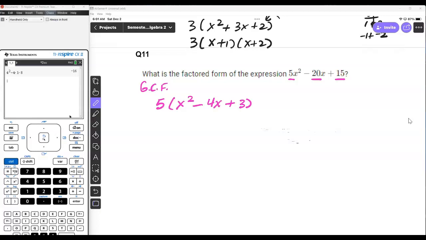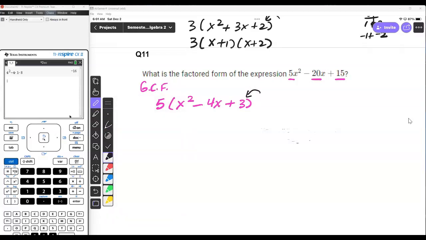So the greatest common factor is 5, and so you have 5 times x squared gives you 5x squared. 5 times negative 4 gives you negative 20x, and then 5 times 3 gives you 15. We're going to go ahead and factor by looking at